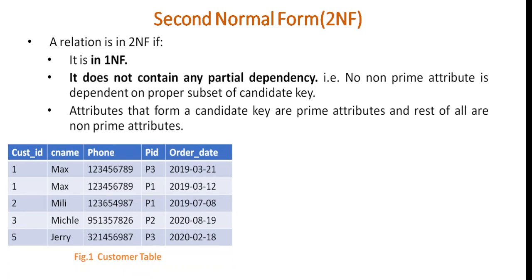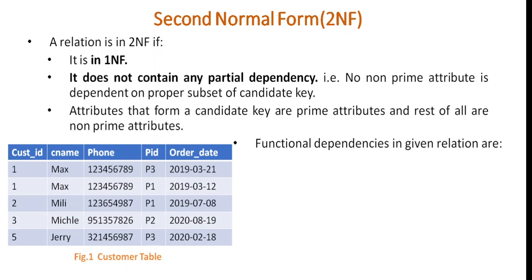So let's take one example for this. Here we have a customer table, which consists of customer ID, customer name, phone number, the product ordered by that customer, and the order date. These are the attributes of the customer table. Now first we'll find out the functional dependencies in the given relation. Functional dependencies and candidate keys or primary keys are important topics, the prerequisites of the normalization process. So before studying normalization, you must study functional dependencies, the types of functional dependencies, and the types of keys, which I have already explained in my previous videos.